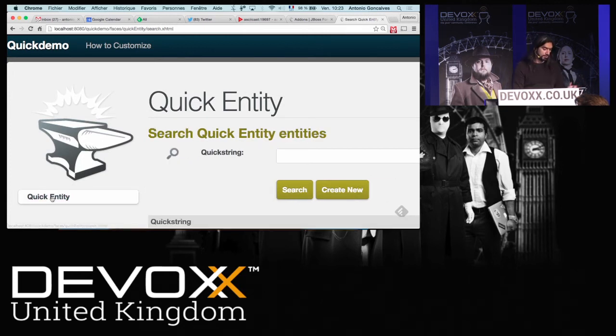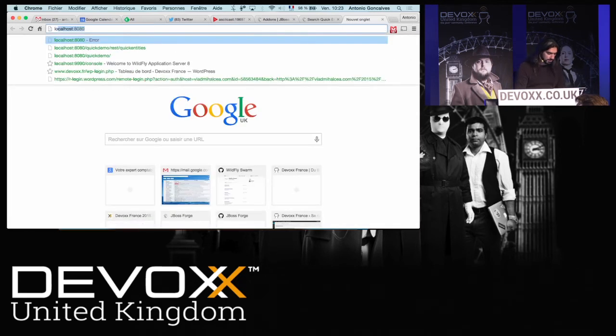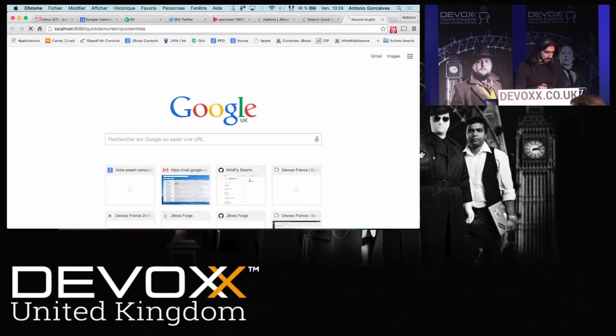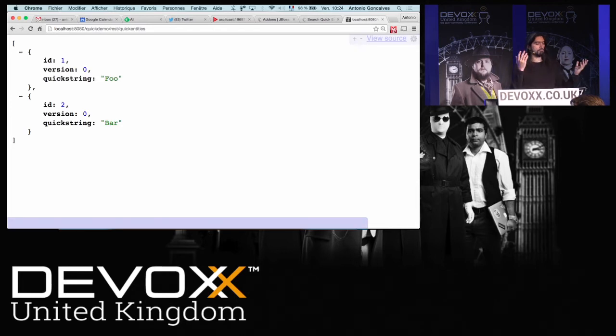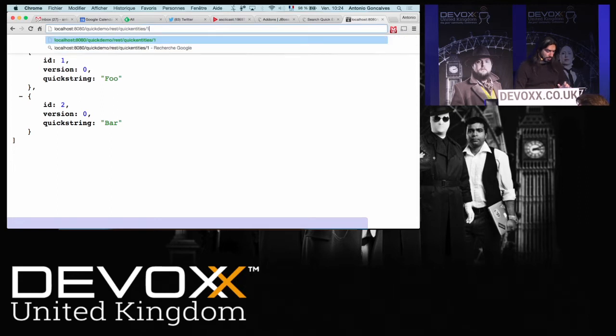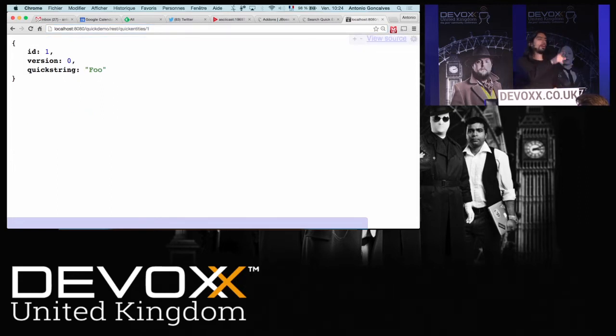So I have the CRUD working, and just to make sure it's in the database somewhere, I can see here I'm invoking my REST endpoint, and I'm telling my REST endpoint, give me all the entities, or I can go even /1. So now you can clap because you know it's working.